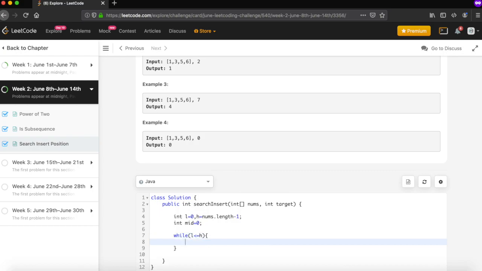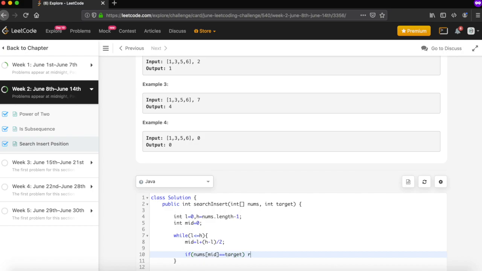Now let's first calculate the mid. So mid will be, with the standard approach, L plus (H minus L) by 2. Now let's check whether the element at mid is your target.